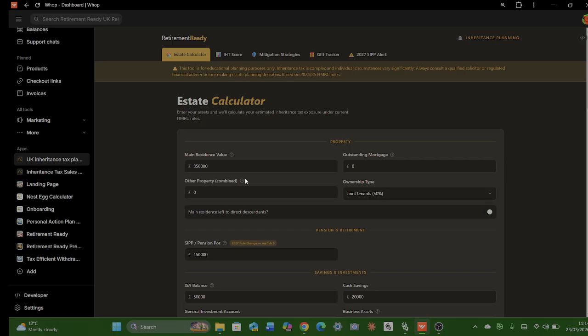This one is about inheritance tax and reducing your liability for inheritance tax. As with all of our other apps, you input information and it gives you your liability in terms of potential tax. So for decades, inheritance tax was considered a tax only for the ultra wealthy, but with